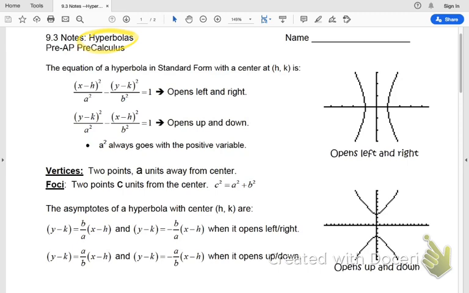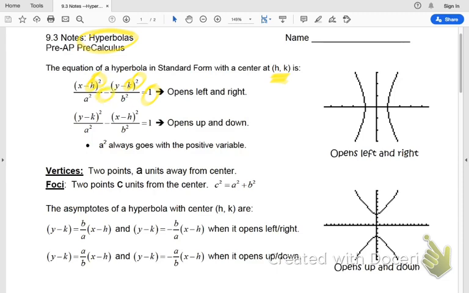A hyperbola is another conic section. It's very similar to the ellipse. It has a center at (h, k). You can see that in the equation here and here. In the equation, it'll also be set equal to 1. You'll have an x value squared and a y value squared. The main difference between a hyperbola and an ellipse, though, is that you'll have a minus sign separating those two